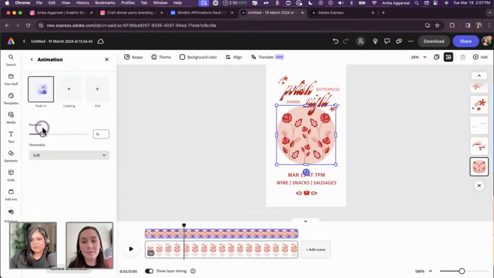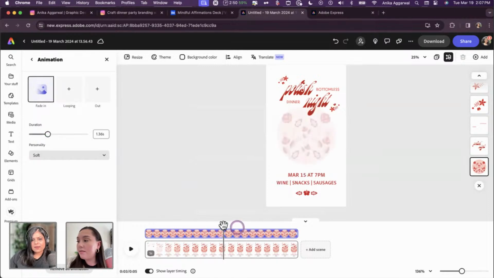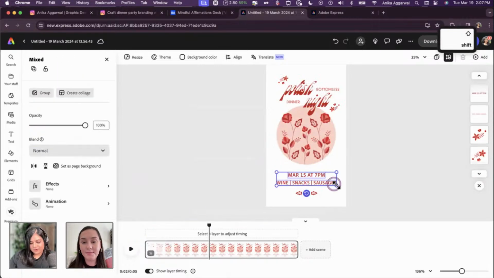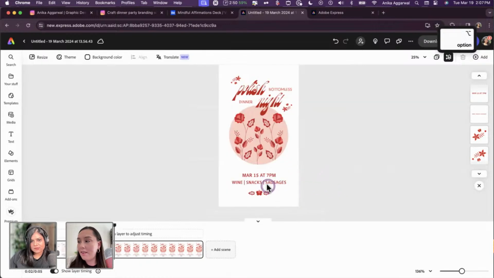But I am still gonna go with fade just because I want to have that consistency. I'm gonna increase the duration here because I only want it to pop up after the text pops up. So let's go ahead and play and see. Oh, that's actually kind of perfect. And I can go back and decrease the duration slightly. And I have this. Ooh, sweet. Okay, I actually love that. So good. And maybe I want to decrease this a little bit to match it to the size.